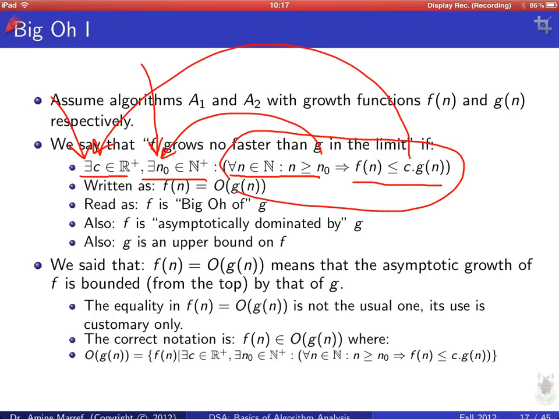You are asked to prove that f of n equals big O of g of n, which is just equivalent to saying 3n squared plus, okay, that's a typo, that should be 4n, not 4 to the power of n. This is just saying 3n squared plus 4n plus 5 equals big O of n squared. N squared is g of n, and this polynomial here is f of n.